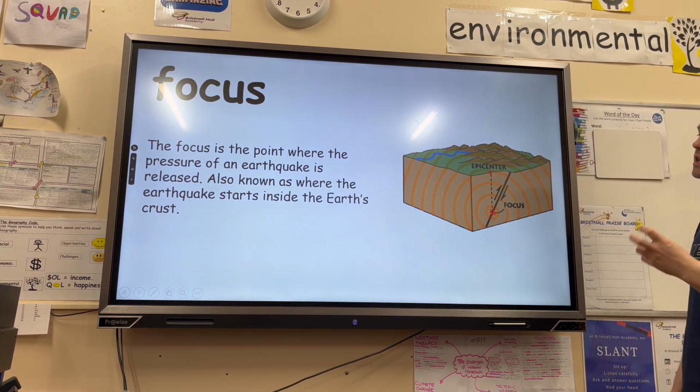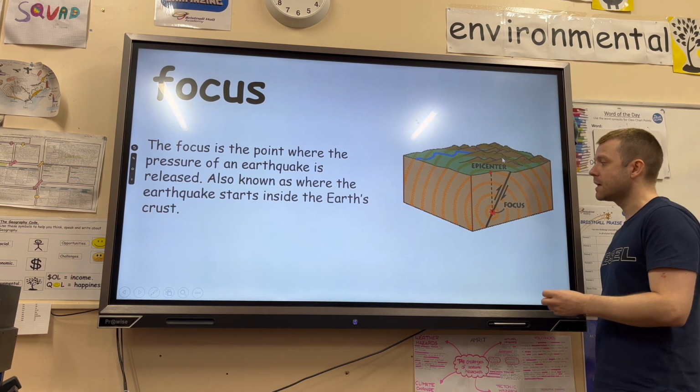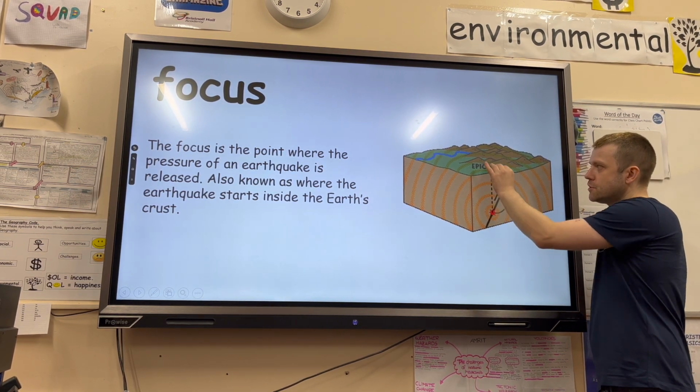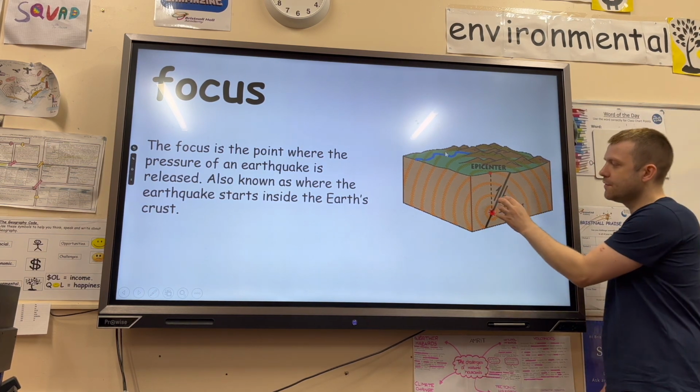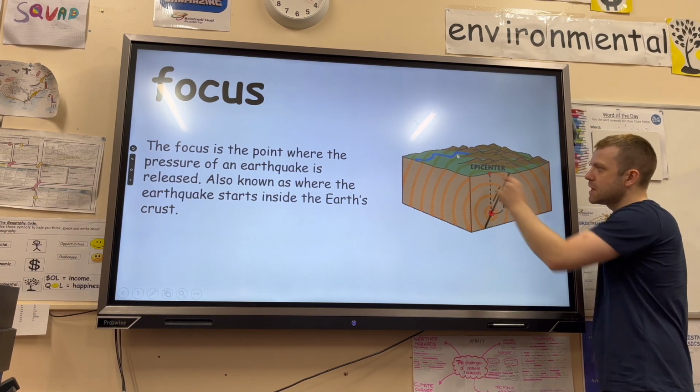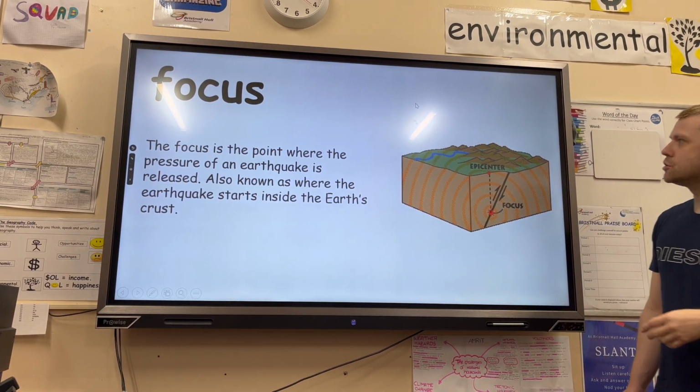The focus of an earthquake. So the focus is basically where the earthquake begins, and the focus is going to be found deep in the Earth's surface, directly below the epicentre. This is where the energy radiates from, and you can see these seismic energy waves or vibrations moving through the